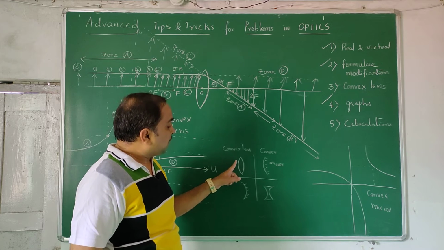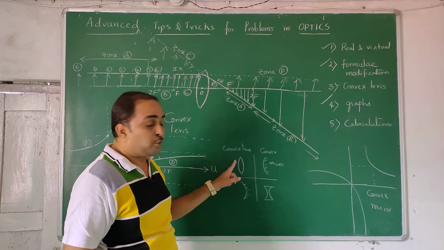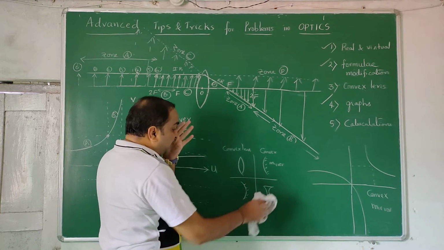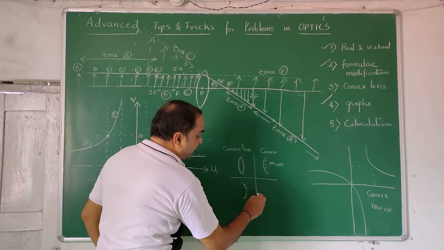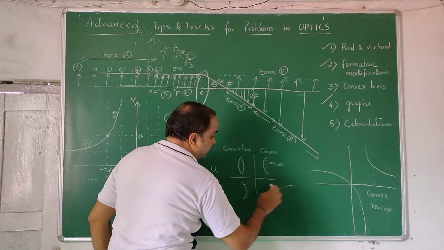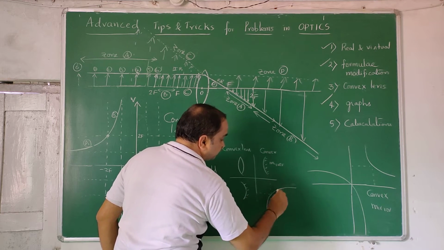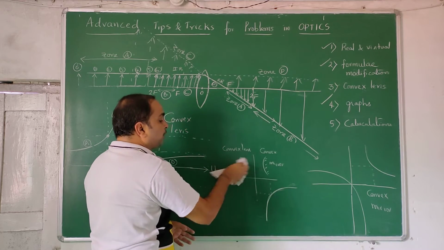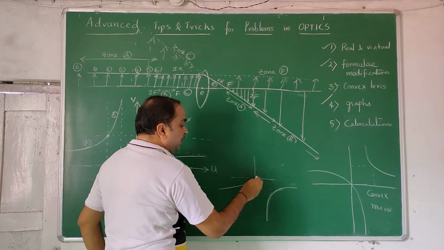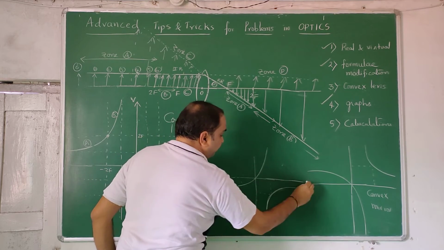So you have to remember that this is in this quadrant. In this quadrant 2f meets. For this, 2f meets here. For example, I want a graph for concave lens. I draw the 2f meeting point, and I draw a graph like this, f to infinity, and these other things I should rub off because this is exclusive for concave mirror. Like this, you create a graph.